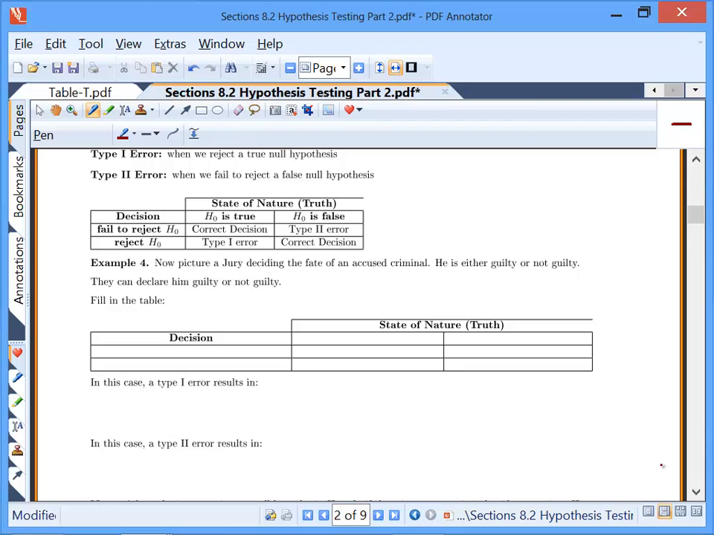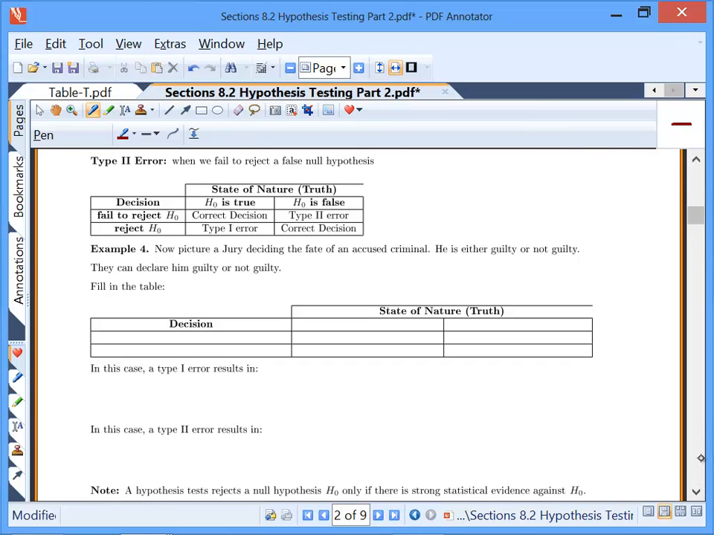It's 0.05. Usually, since that's what's accepted by the Supreme Court, that's what most of the courts will go by. Which means that they're saying that their probability of making a type 1 error is only 5%. Okay, so the state of nature is that the guy can be